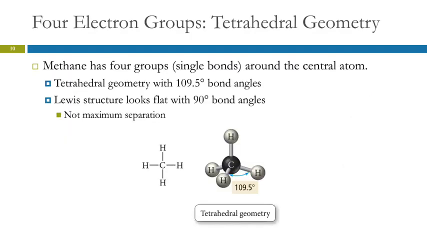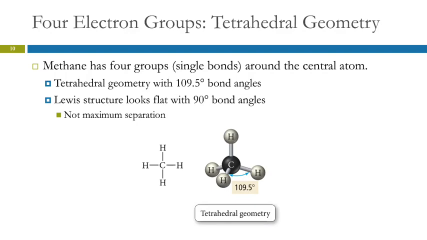So what kind of molecules do this? Well, something like methane. Methane is CH4. We've got carbon with 4 single bonds. 4 groups make a tetrahedron. And so here we have a model, just like this one I have, of methane. It's a tetrahedron and it's got